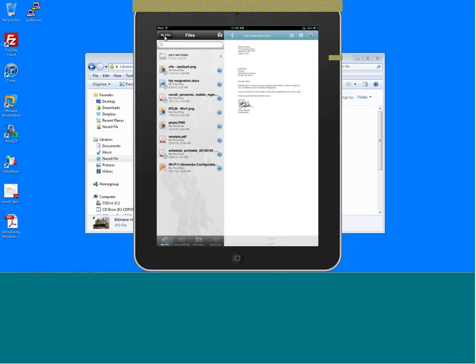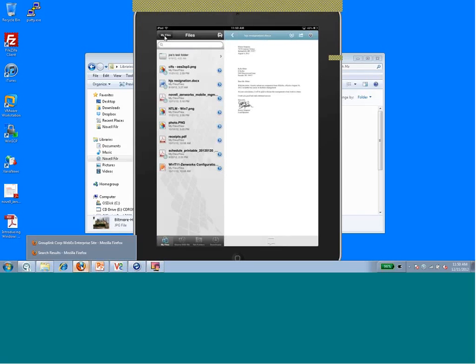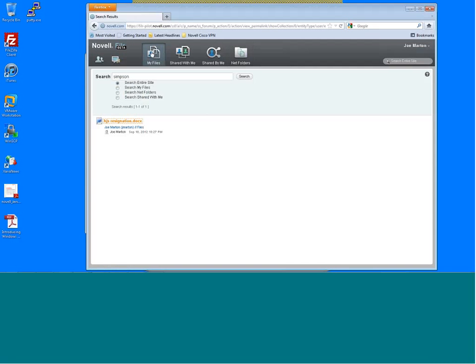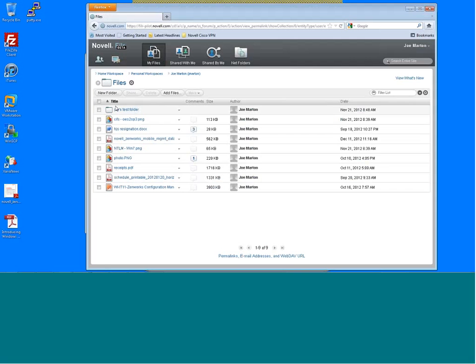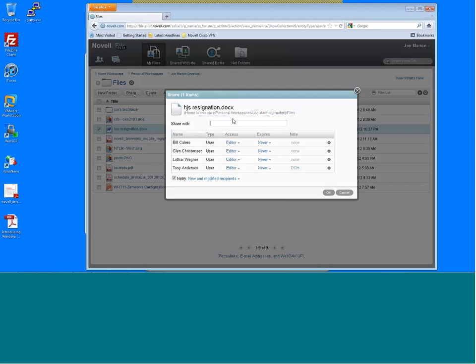Okay, how do you share with external users? It's as simple as just typing in their email address. Just like I did a share before, and it would start to automatically fill in all the local users that were provisioned from the LDAP source, I could instead type in an email address and again choose to make them viewer only or make them an editor of the file. So if I go back in here, I'm going to do that from the web client. Just quickly show. At one point we had that ability, and then that was turned off because the administrator can do that. It was turned off here simply because in one of the very early builds there was an issue with it. But again, to actually share it,